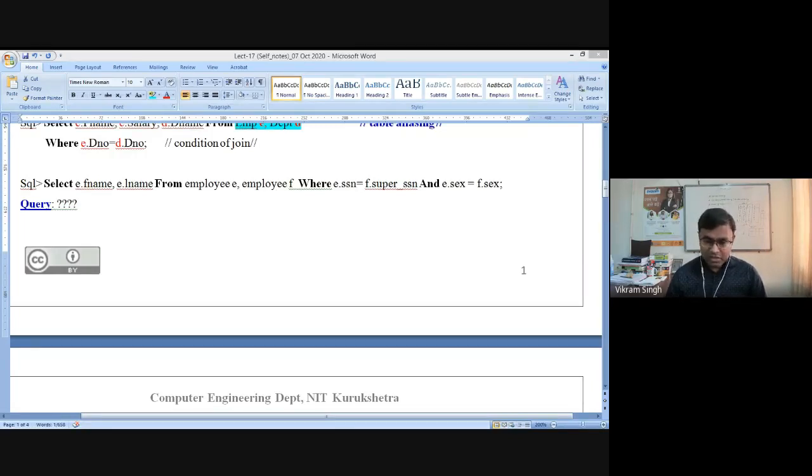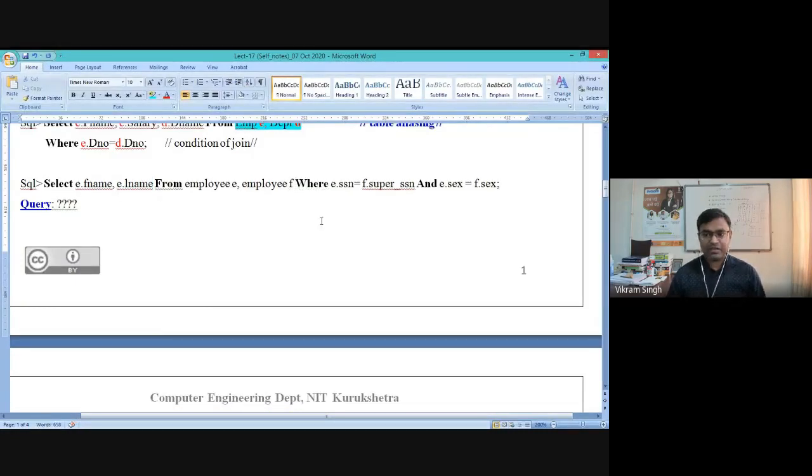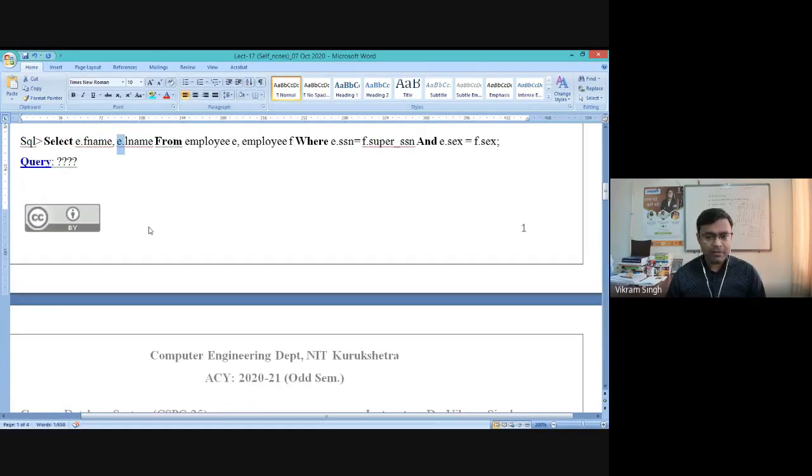So this query is possible, or we have written it in a very simple way, because of the aliasing which we are using, right? You will keep these queries with you, I will share the notes, and you will execute this query as it is in the database which you have created, and you can see what is the possible outcome. Similarly, you can experiment with this same query. In place of e, you can write f and see what is the possible outcome. There it will show different tuples, right? We will see that later, and you can also do it later.